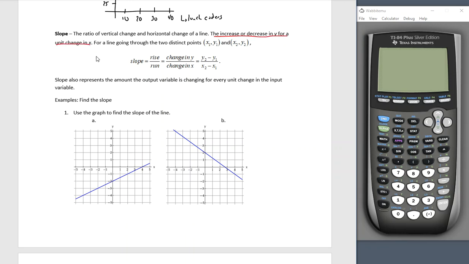That's super important. For a line going through 2 distinct points, x1, y1, and x2, y2, don't let those subscripts fool you. It's just the first x and the first y, second x and the second y. The slope, frequently called rise over run. I don't get that, but whatever. I mean, I do get it, but I don't like it. Change in y over change in x,